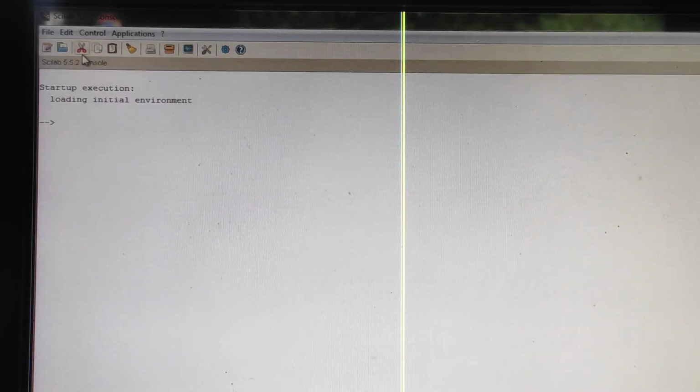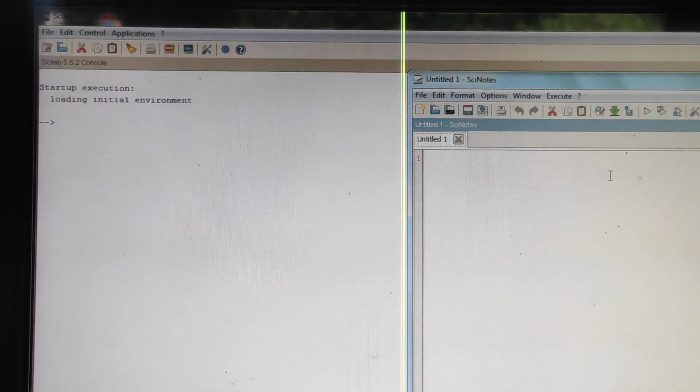If SciNotes is not displayed, then go to the bottom. In the bottom the Scilab option is there. If you simply take the mouse cursor over it, then SciNotes will be there. Simply clicking SciNotes will bring it to the display.